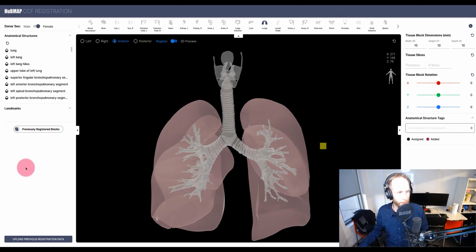On the left hand, we have the so-called anatomical structures pane. In the middle, we have the 3D pane, and on the right side, we have the manipulation pane. The anatomical structures pane here on the left shows us the anatomical structures that we have inside the 3D organ here. You can see that these parts here correspond to individual substructures in the big organ here in the middle. So for example, I can turn these on and off, and I can change the opacity.